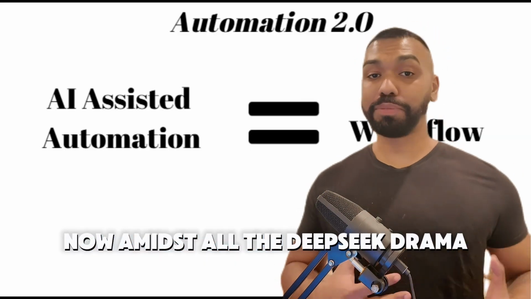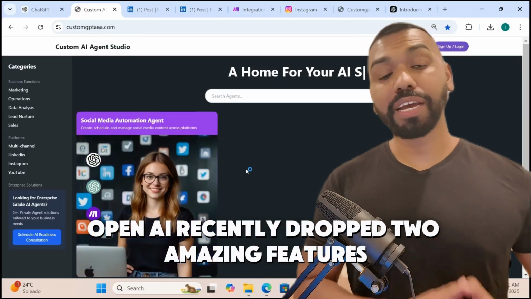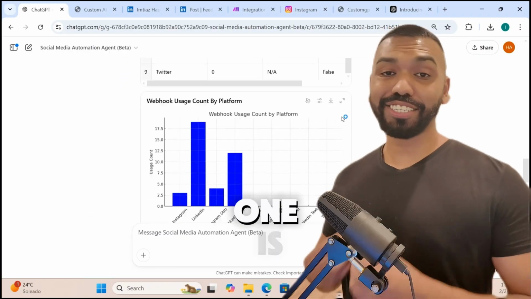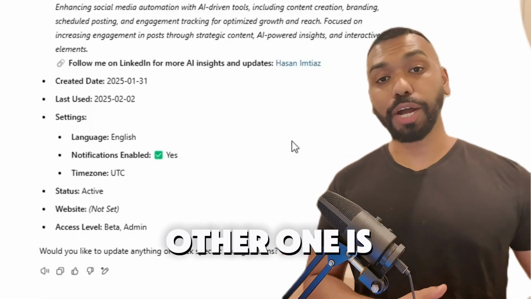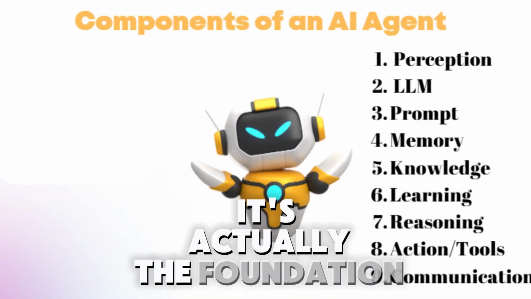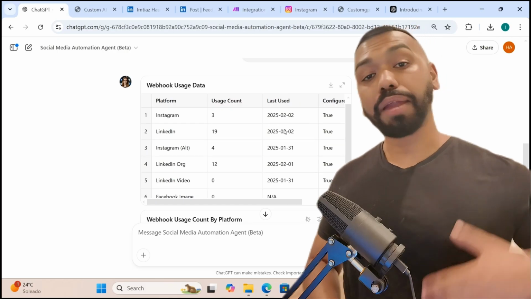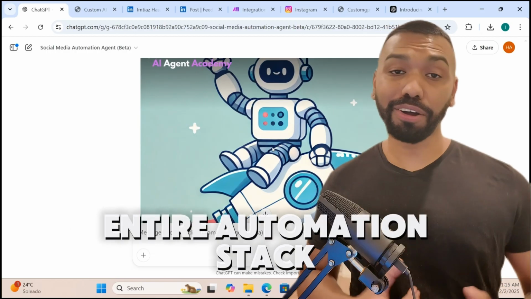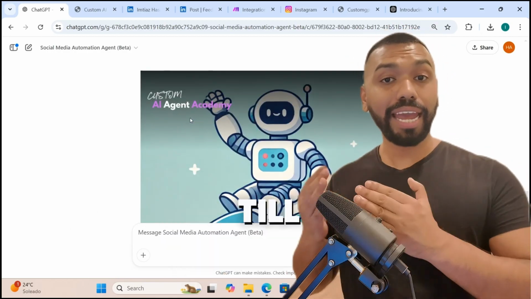Now, amidst all the DeepSeek drama, OpenAI recently dropped two amazing features. One is the ChatGPT task, and the other one is the operator agent. Now, this isn't just another feature update, it's actually the foundation of true AI employees. And before you start rebuilding your entire automation stack, watch this video till the end because I'm going to show